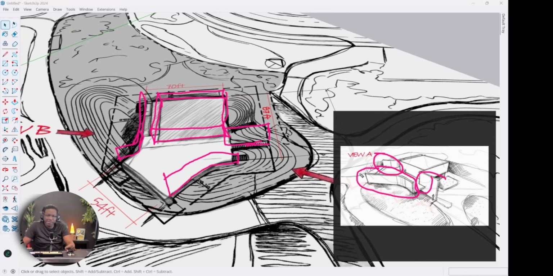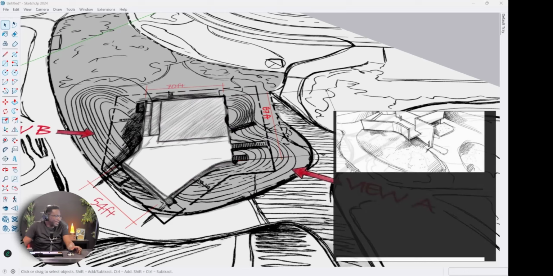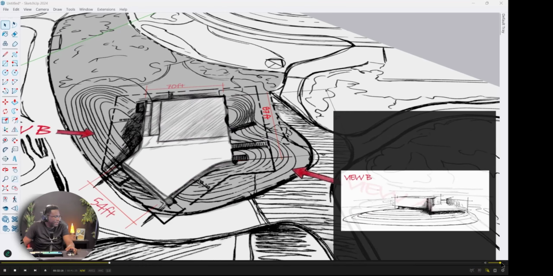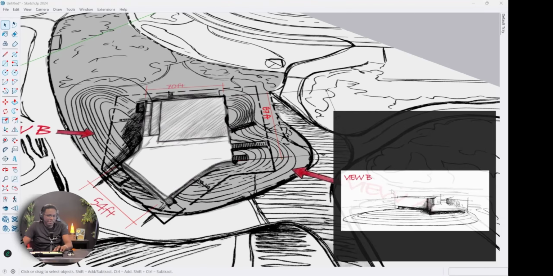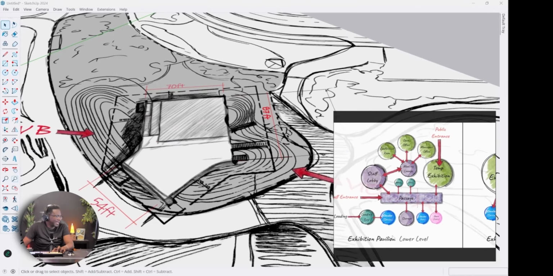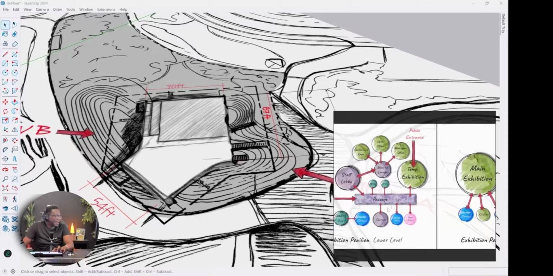Now, there's some other interesting things about this sketch. For example, if we look at the other view here, we can see that this is the upper floor, right? So if we look back on our bubble diagram here, you can remember that we had a lower floor and the upper floor.